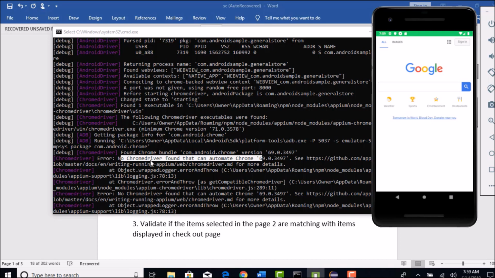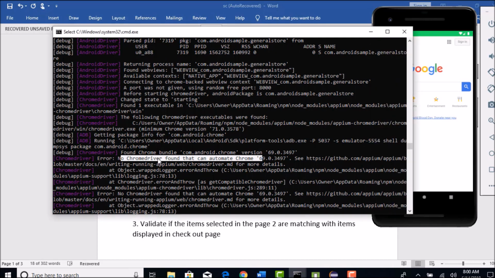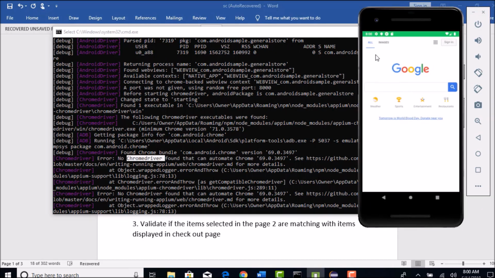Appium should take care of storing this Chromedriver. Yes, Appium has that version. Okay, so let's see. When you do npm install appium, all your Appium related resources will be stored in node_modules, right? Let me go back to that module and see what Chromedriver has been downloaded for us, and if it is already downloaded, why it is complaining that no Chromedriver was found.